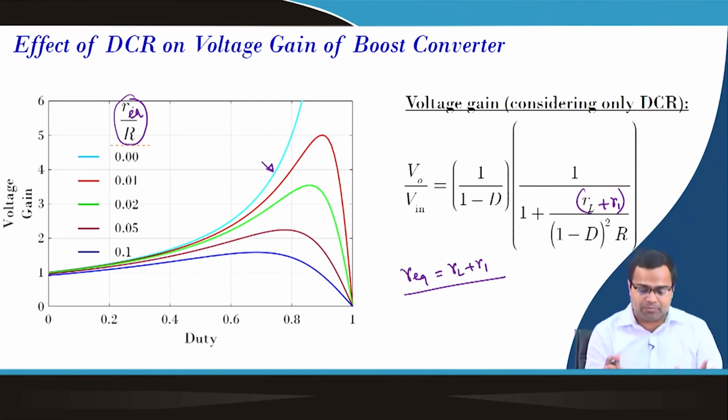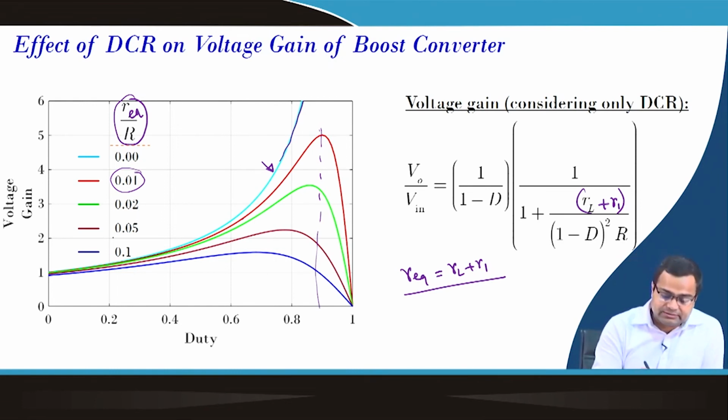if this is 0, that means if we do not consider any parasitic drop, you see that voltage gain can be increased like anything. But practically when this term comes into the picture, then the maximum voltage gain is achievable at this point, and this maximum point shifts quite drastically when